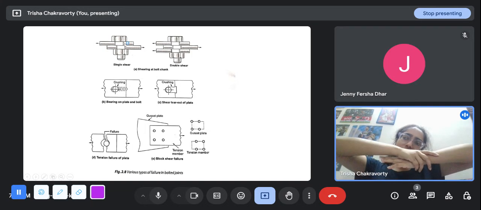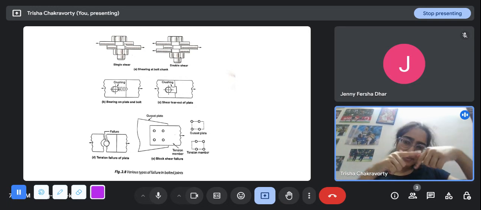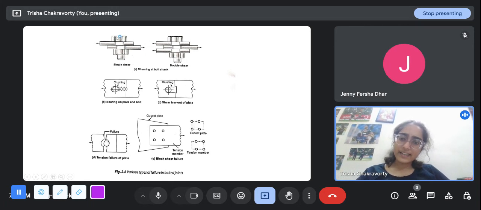Once it has broken off, you will see that the bolt has cleanly broken into two, and both still have a circular cross section along this interface. And this is called single shear. This is the bolt line that has broken like this, so it has already sheared off. Since it is being sheared off in one plane, it is called single shear. And like I showed you in the case of butt joints, if there are two cover plates, sometimes there are three plates in question. So here there is double shear, and there are two planes in which the bolt has been sheared off.